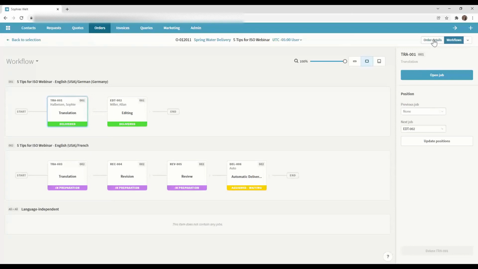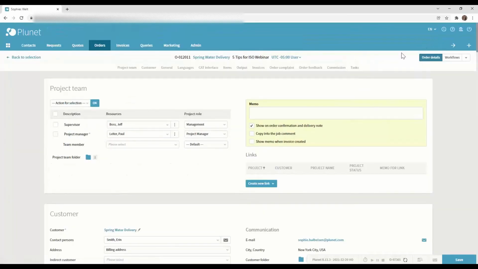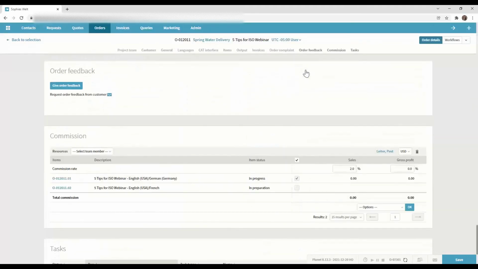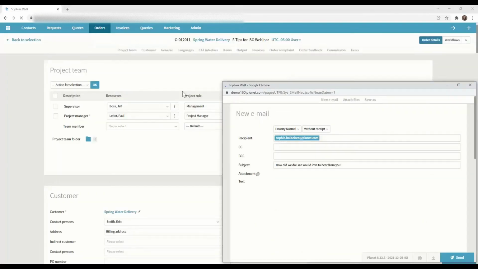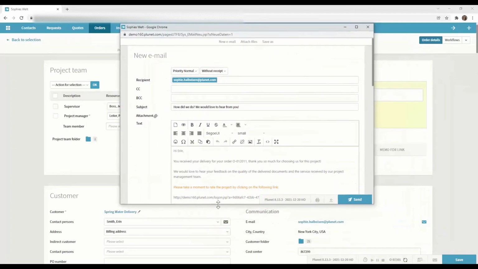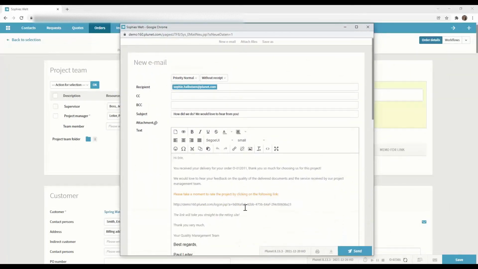So this was feedback on the vendor side. Again, in this case, we caught the mistake here. For your customers, you also have the chance to ask them for feedback. There are different ways of doing it. You can request the order feedback again manually as soon as everything is delivered by clicking the email button here. The system creates an email. The system even creates a link, if you like, that leads the customer directly to the rating page, which is pretty cool. But of course, you can also just send them an email and get their feedback via email,